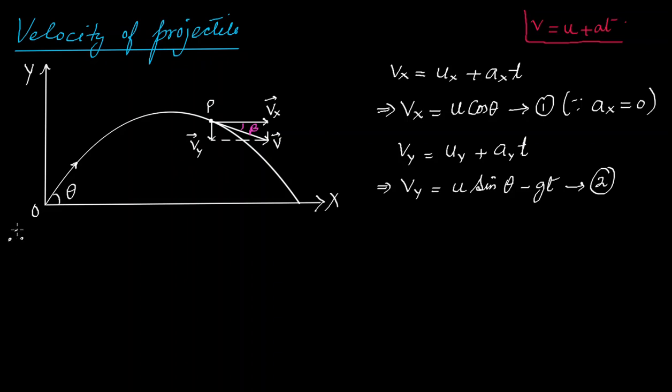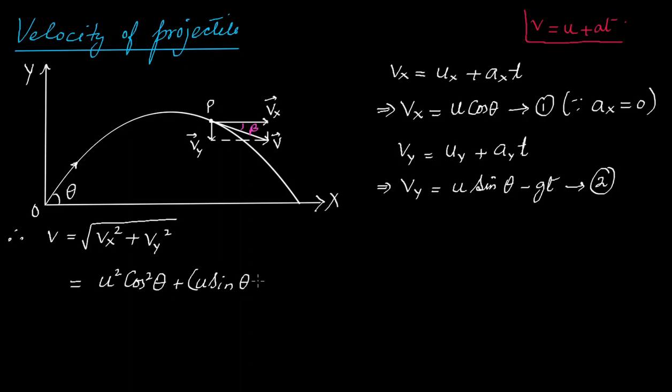Now, therefore, since this is a right-angled triangle, isn't it? Vx and Vy are making an angle of 90 degrees. So therefore, V will simply be the square root of Vx square plus Vy square. Okay, so this is from the theory of vectors. Then let us put Vx and Vy from equation 1 and equation 2. So Vx square here will be U square cos square theta plus (U sine theta minus gt) whole thing square